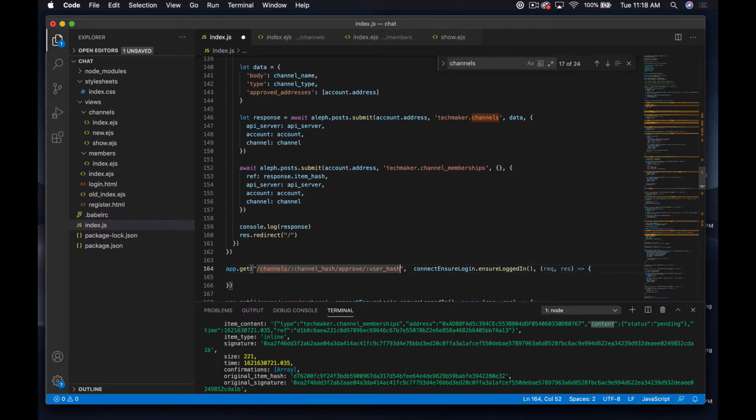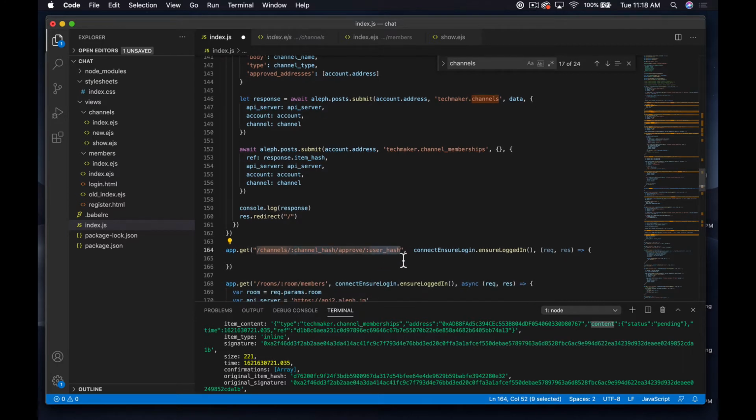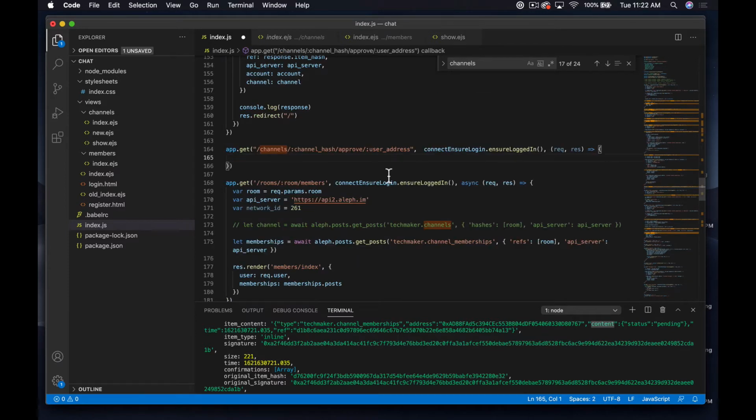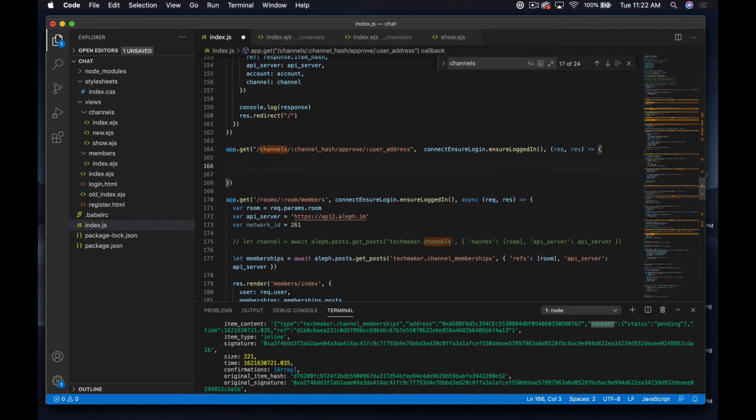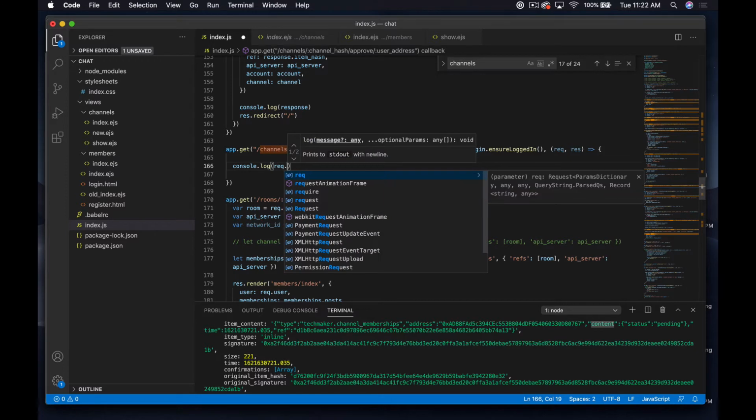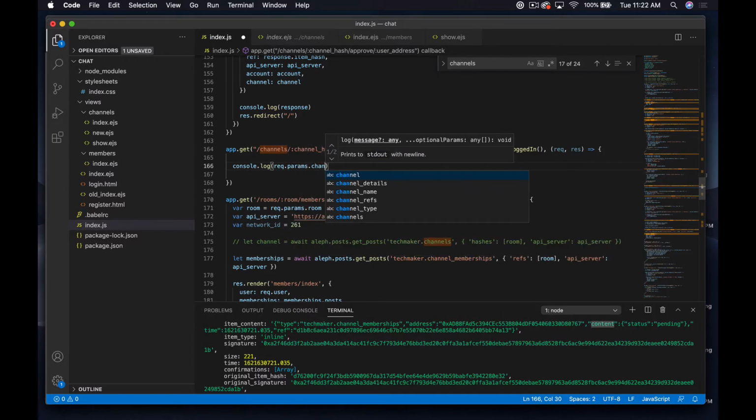Okay, so basically we're going to pass in something that lets us look up the channel, something that lets us look up the, let's actually say address. Right, so that way we're going to look up the channel based on the hash, and then we're going to try to add that user to the list of approved addresses. So let's start by just trying to get this link working on the front end. So what I'm going to do is just console.log the request.params.channel hash